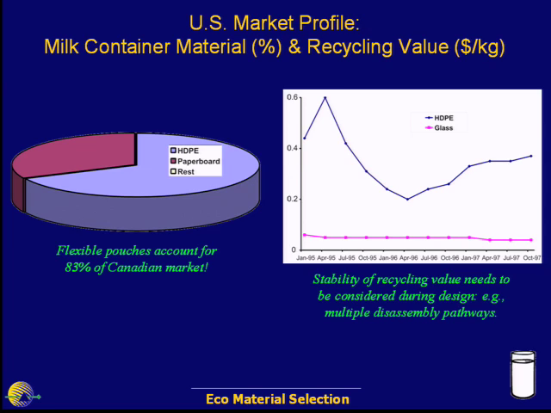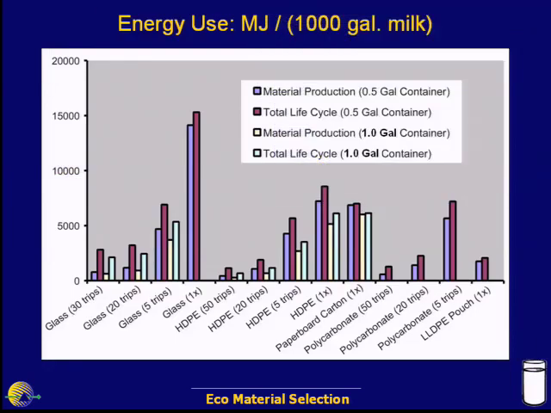At least for these examples, if we talk about energy use, in megajoules per 1,000 gallons of milk delivered, here glass is king. Of course, this would be a case where you don't want to be king, but about 15,000 megajoules to deliver 1,000 gallons of milk. This is the one-time glass container. Now, even with 5, 20, 30 trips, still the energy consumed,